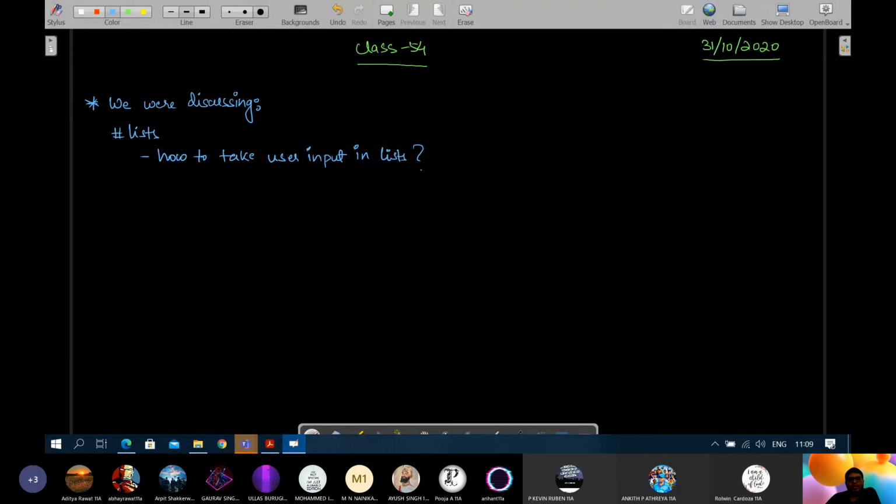So how to take, which function is used? Rather, which method is used? कौन सा method है? Which one we discussed last class?